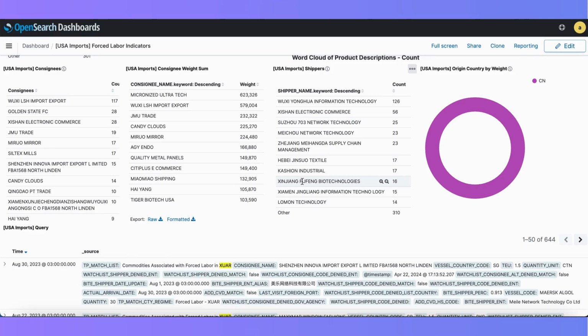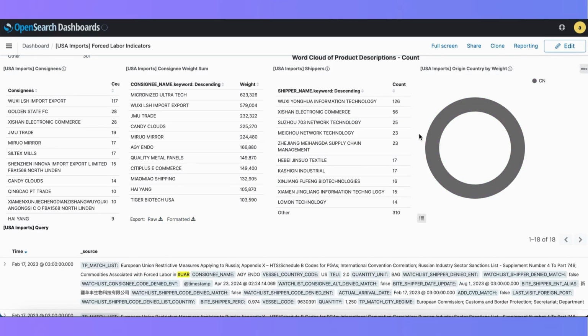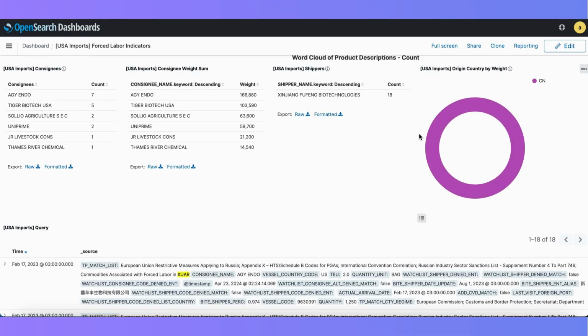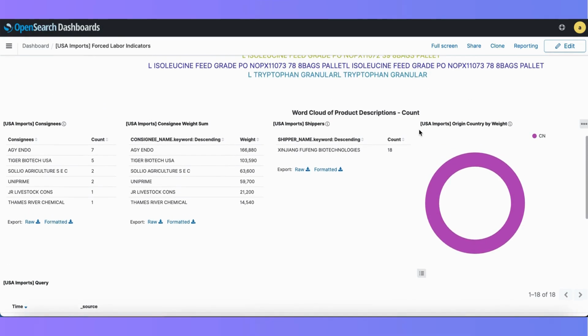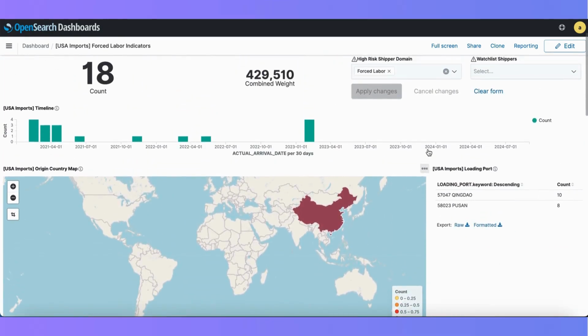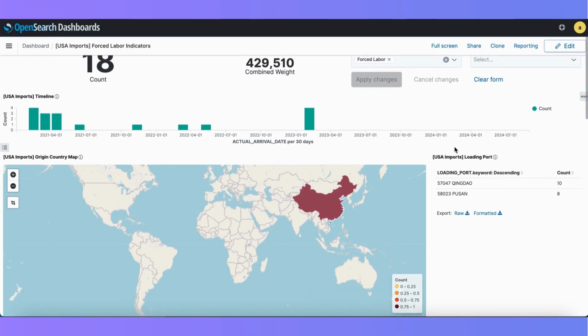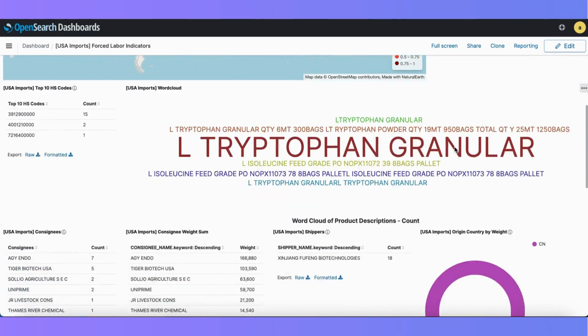So if I filter for that, I can see those transactions. And again, keeping in mind UFLPA's dates, it did go into effect. So some of these, it looks like things have tapered off after the listing, but it is good to be aware of the shippers who have shipped these products before.